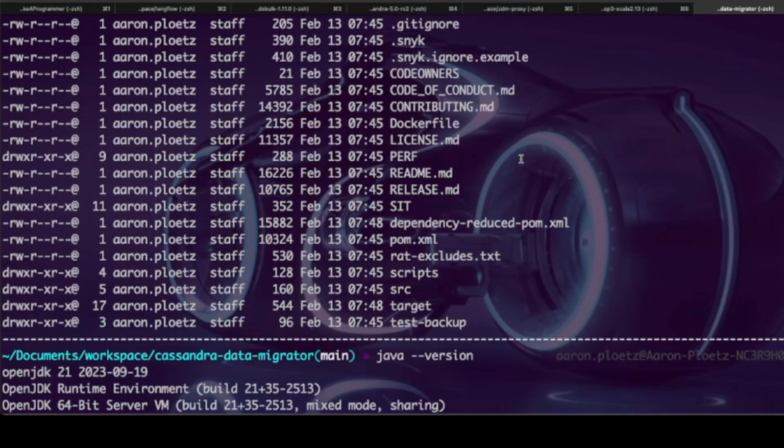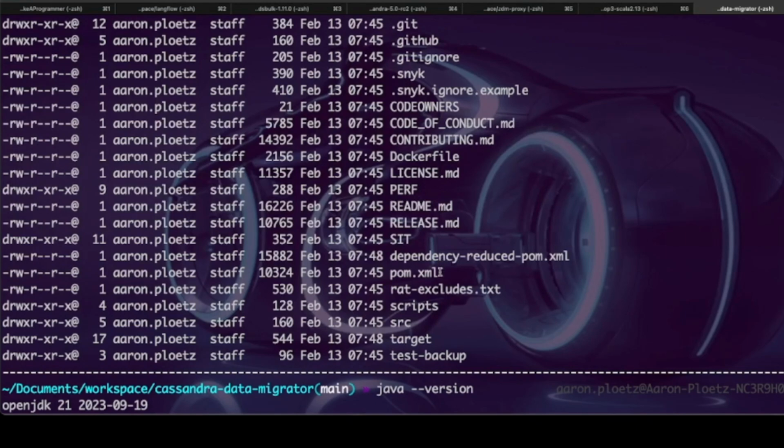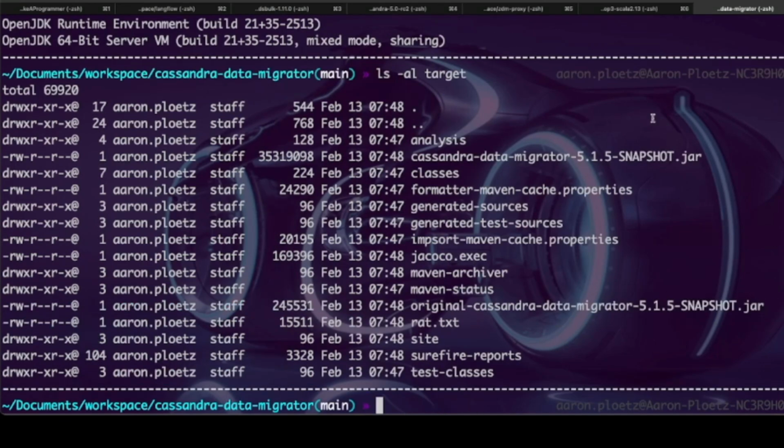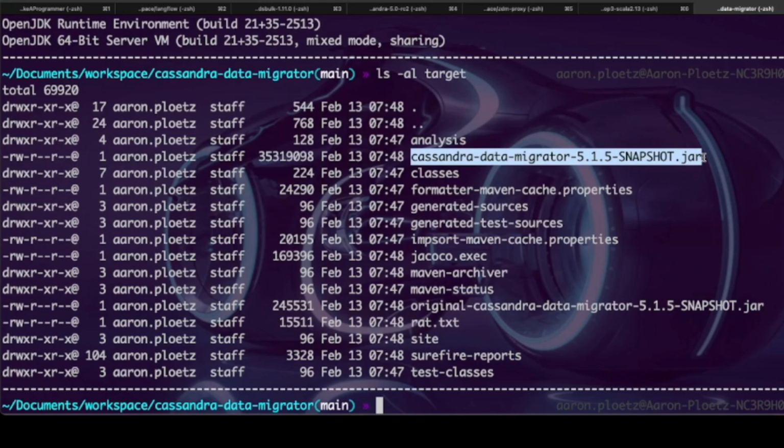You also need Maven because, as you can see, there's a POM XML. So yeah, that's definitely Maven. But as you can see, I've already built it. So I can do an ls -all on target. And you see that there's the Cassandra Data Migrator 5.1.5 snapshot jar. All right, that is what we want right there.